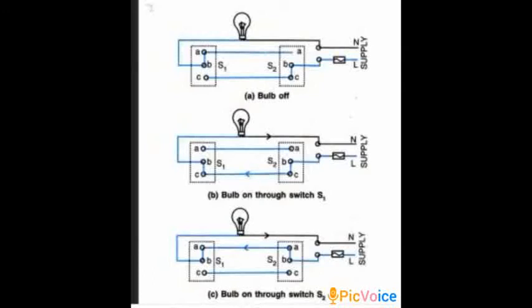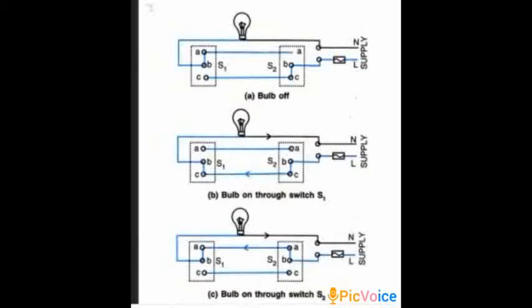So what they do, they keep two switches both at the end of the corridors, and by both the switches you can on as well as off the bulb. Now if you see the first figure A, both the switches are in off position, so the bulb is off. Now here you see the switch S1 is on first. Okay, so when the switch S1 is on, what happens? See, the circuit completes